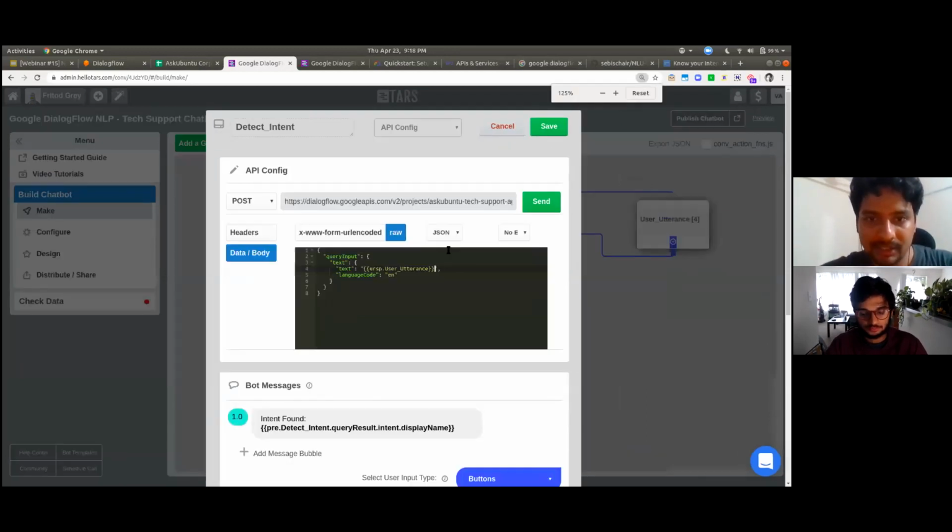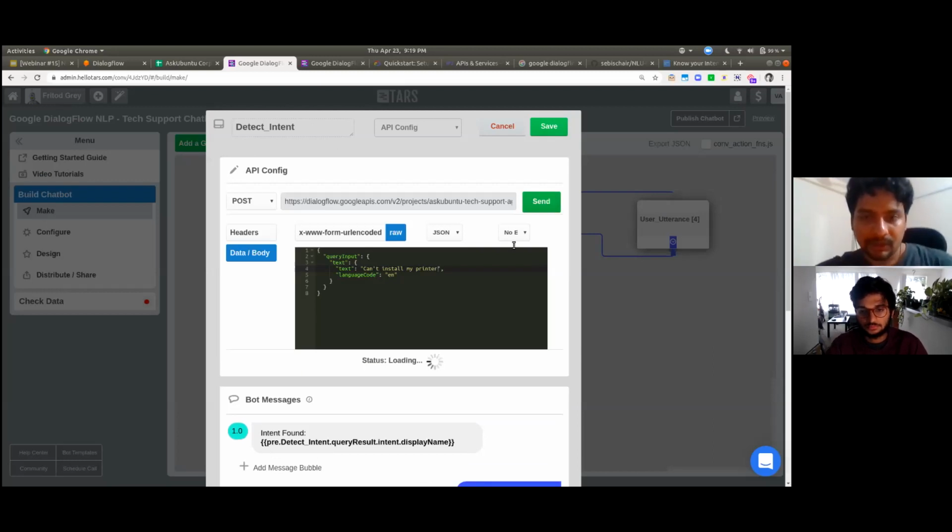And this is the place where I'm referencing the user response from the gambit called user utterance. That is the data referencing. People who already know will know how to do that. But I'm going to just change that to an actual query: I can't install my printer. And if I make a call here,